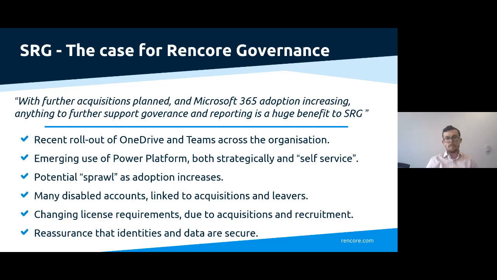Employees have also been given access to Power Automate and Power Apps, with some instances being used to manage core business processes. It is key that these stay active, and also important that IT have sight of what employees are creating. As the various Microsoft 365 services are adopted in SRG, we need to ensure that they are used correctly, as agreed strategically and as defined by governance, and effectively avoiding sprawl and promoting good lifecycle management.